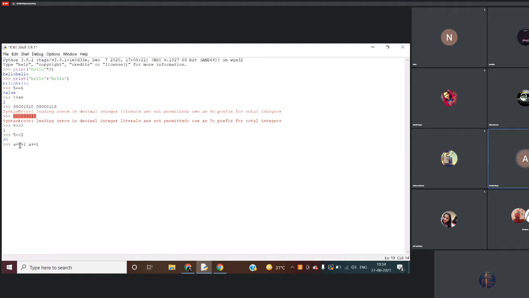Told you already. Same way you can apply any of the arithmetic operators in the shorthand form, right? Clear? And if you want to swap the values in a statement, okay, you want to swap two variables, then you can do it like this.